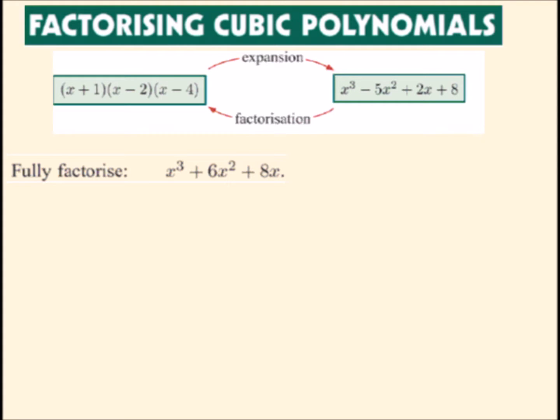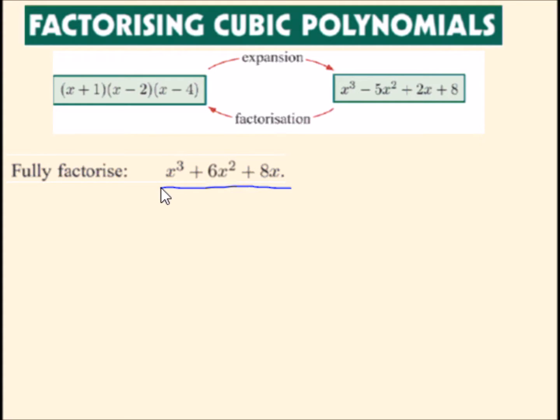In this video we'll look at how to factorise a cubic polynomial. So here is our cubic polynomial, and when it's factorised it takes this form here. We've got 3 linear factors. So in our example here we've got a cubic polynomial, and the first thing you always do is look for